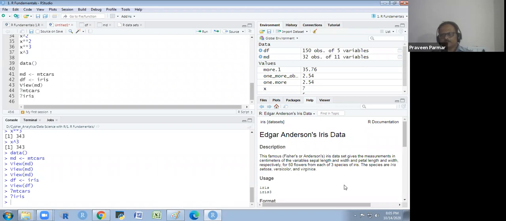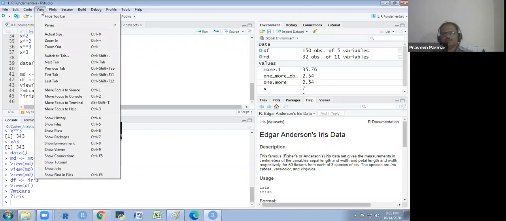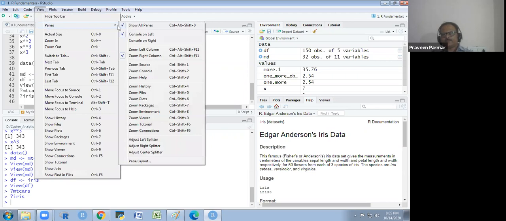I will repeat the shortcuts: Control Shift 1, Control Shift 2, Control Shift 3, Control Shift 4. In this way you use it and you will see what happens. And again if you want the same thing, do the same. If you have made a mistake somewhere, you go to View, Panes, and Show All Panes.